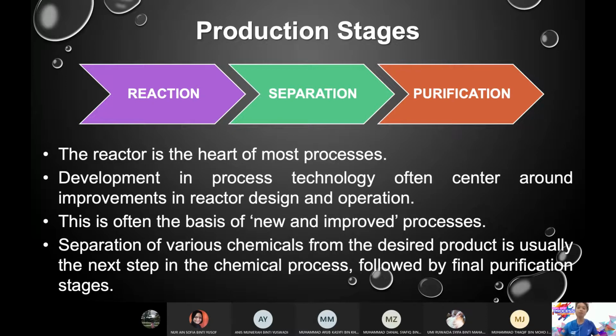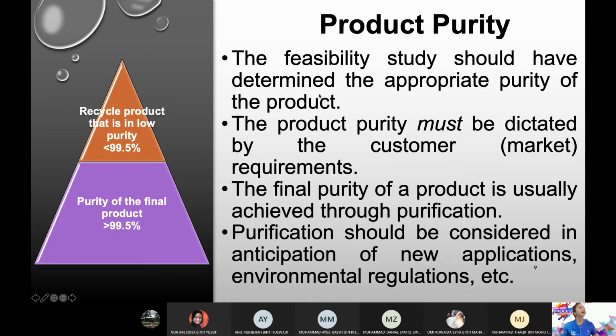Even in the real chemical plant pun, bila people talking about designing plant, dia takkan design daripada scratch. Dia ambil daripada proses yang orang dah buat, dia modify je. Dia tengok part mana yang tak bagus, dia modify. Okay, part yang, that part, which is usually these 3 parts lah. Okay. Next one is, sikit lagi purity.